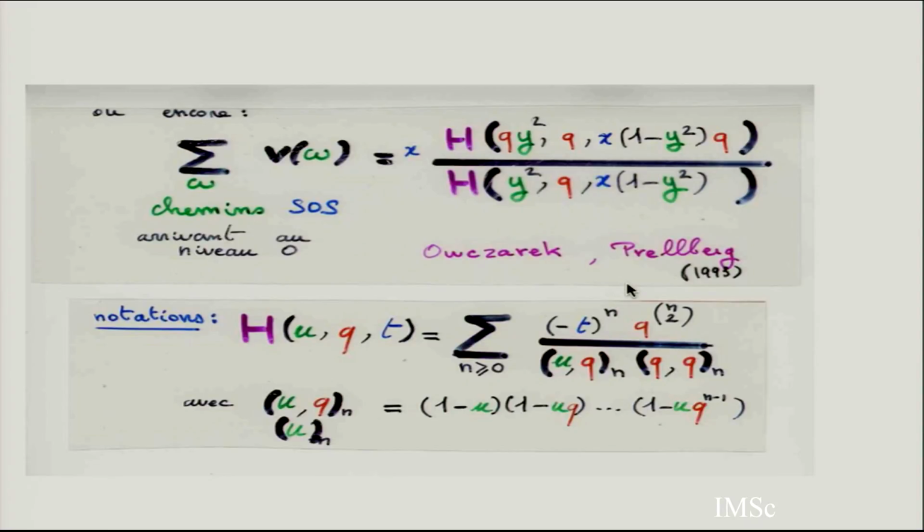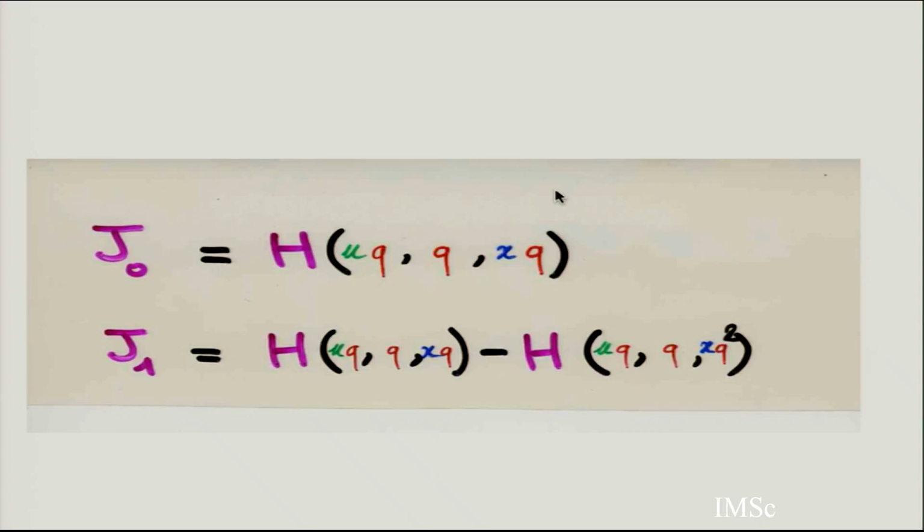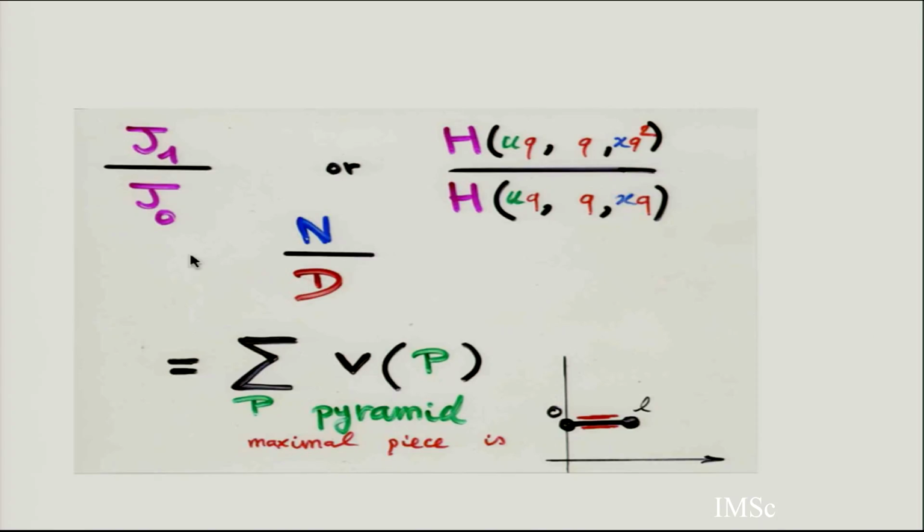So you have first to explain the appearance of Q-Bessel, because its numerator divided by denominator is the inversion lemma. And there is something more to get this 1 minus y2. So J0 and J1 are related to H by this relation. You can believe me. And J1 over J0, you can write it like this. This is technical detail, but the spirit is that I am going to have a bijection between this path, SOS path, with some pyramid of segment, semi-pyramid of segment, and I have to see how the weight is preserved.